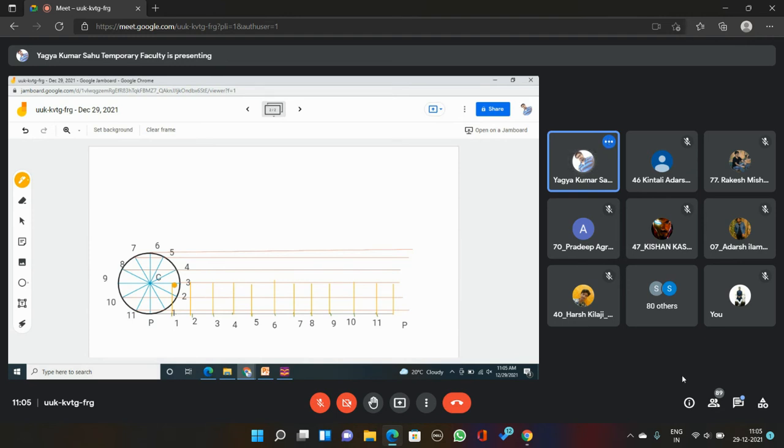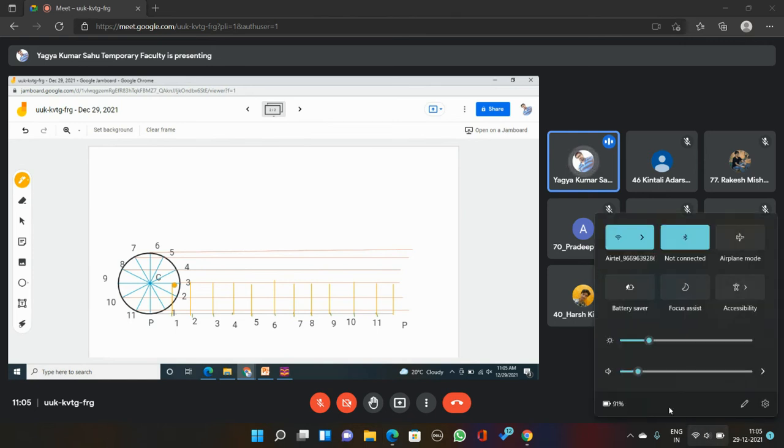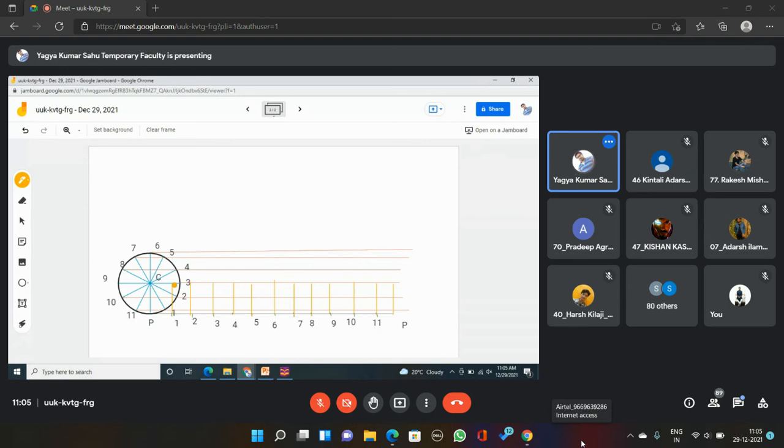And the first point we are calling P1. The distance of the P1 point from C1, what will that distance be? C1P1 is equal to the radius of the rolling circle. It will not change. It is fixed, that will be CP only. So you'll get that point P1 easily. You will get a point.